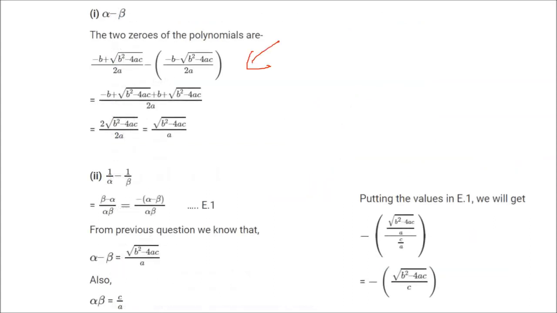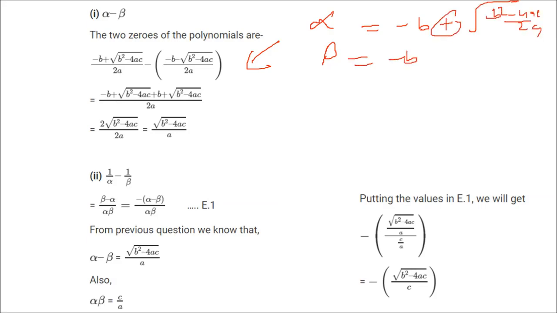So this is what we are talking about. Minus b plus minus under root. Always alpha and beta are the roots, so alpha will be equal to minus b plus minus under root b square minus 4ac by 2a, and this will be minus b, here it was plus, it will be minus b square minus 4ac by 2a. This is the value. So this is what is being done here. So when you have alpha as this one and beta as this one, you can just add them, rearrange them, you will get alpha minus beta like this.